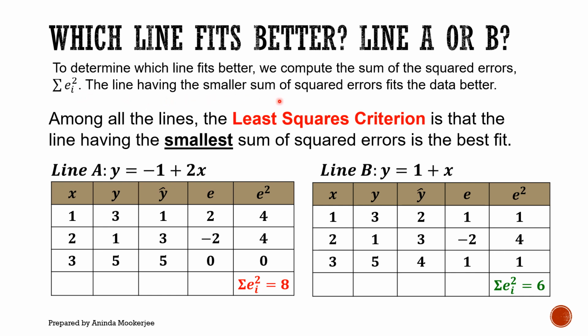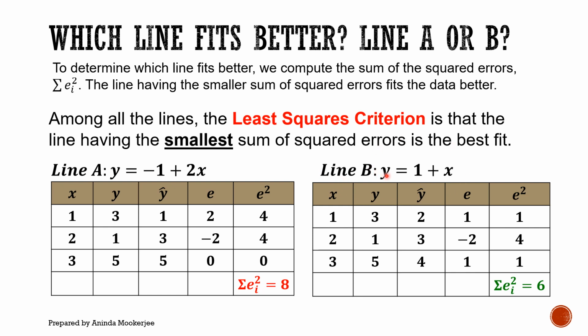The line having the smaller sum of squared errors fits the data better, right? So sigma e squared represents the sum of the individual e squared values in the last column, and the line with the smaller sum of squared errors fits the data better,